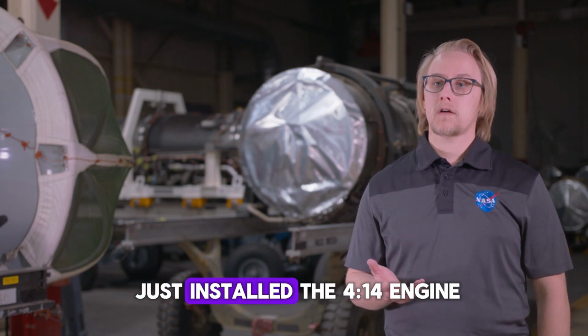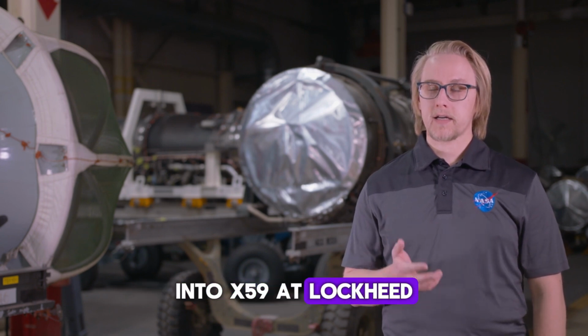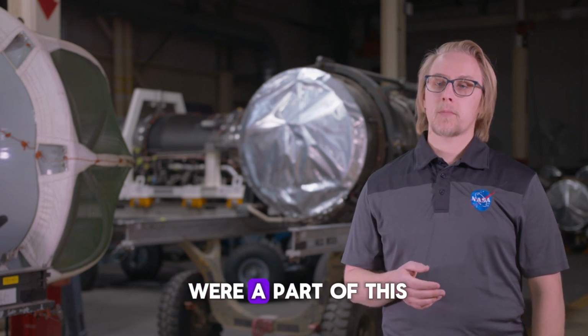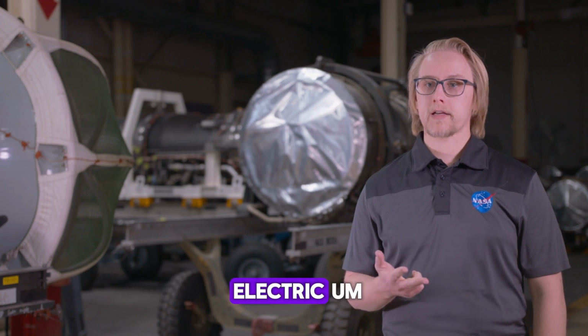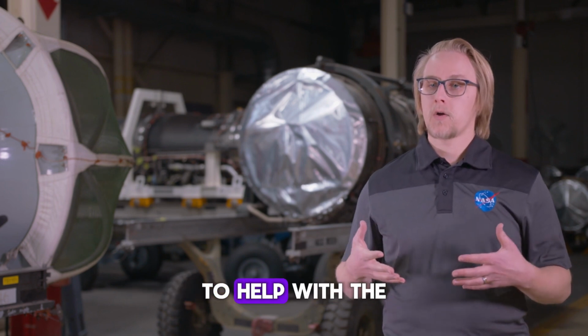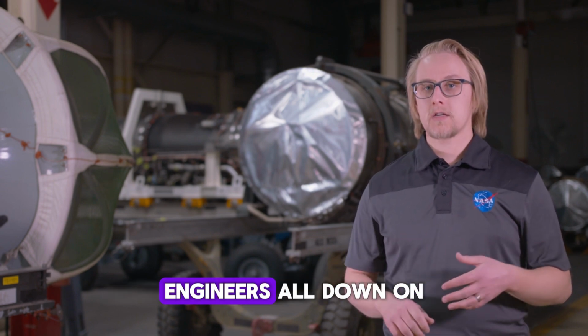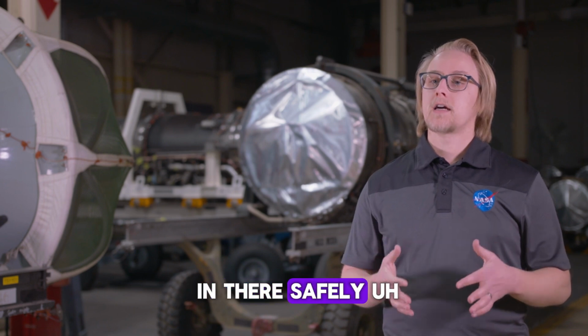So we just installed the 414 engine into X-59 at Lockheed Martin Skunk Works in Palmdale. The three team members who were a part of this, or three organizations, was NASA, Lockheed Martin, and General Electric. Each portion of the group came together to help with the actual install. We had mechanics, technicians, engineers all down on the floor, getting the engine in there safely and making sure that